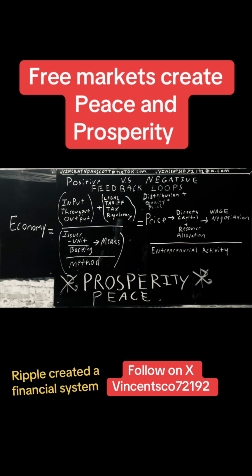And that profit margin is the gap by which corporate and labor can then negotiate in the wage negotiation to equal it out, to balance it out, to divvy up the pie more, because it all occurred within the correct fence height. Because the fence is your legal tariff, tax, and regulatory structure, and the ground that you're on, that's your money, and it has to occur with a method and means, so that all that economic activity with input, throughput, and output can then take place for the greatest distribution at the highest quality with the lowest price, right?